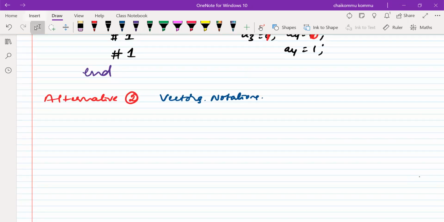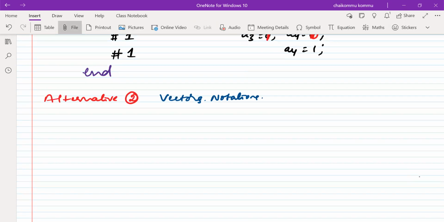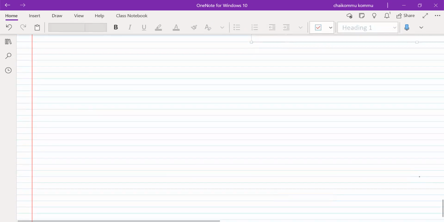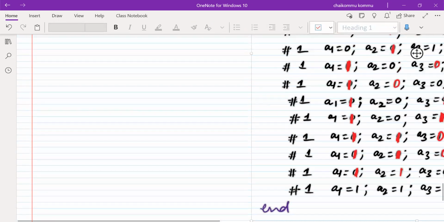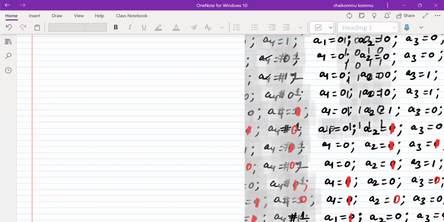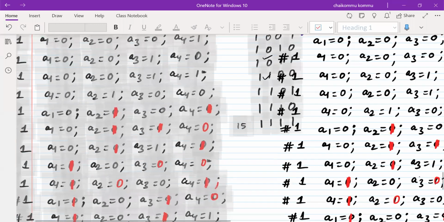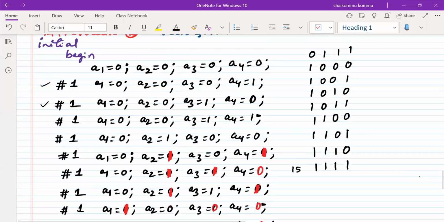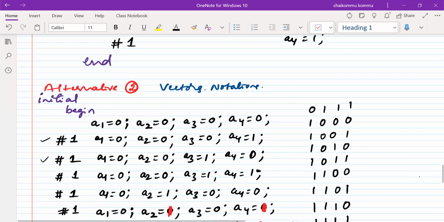Okay, so for that one also I am going to use it in this way. Copy, paste it here. So this is another alternative way that we are going to look at.